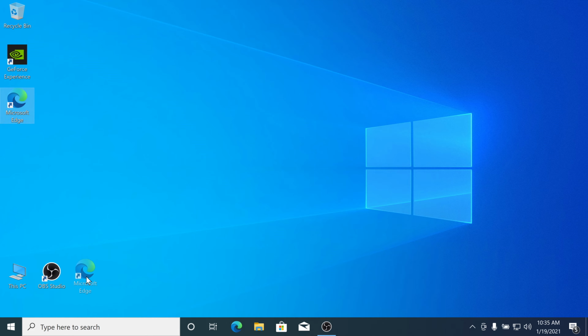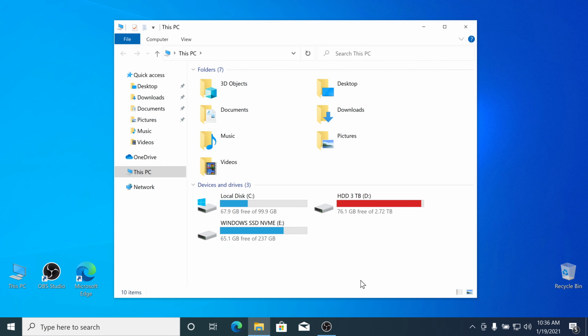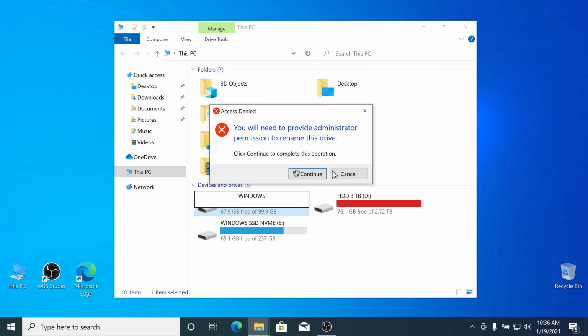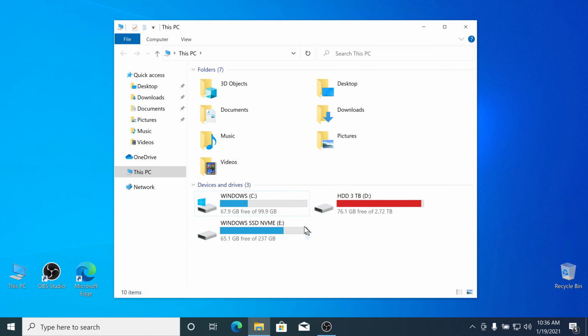Okay, let's arrange. We don't need this. Okay. Now let's rename this Windows. Okay. If we had another partition, let's say this, I would rename it data.